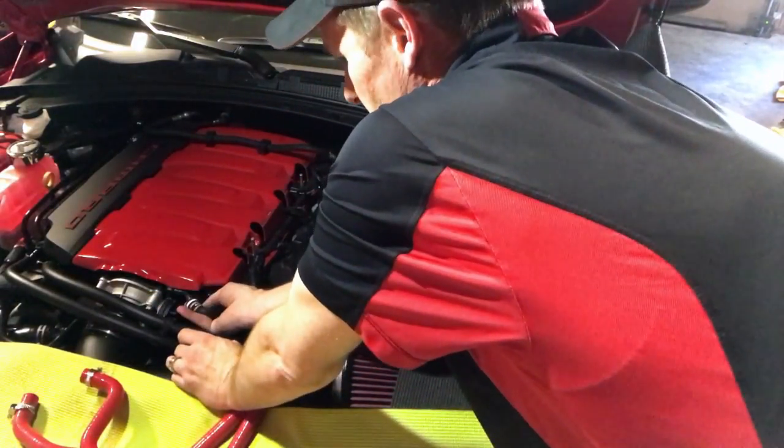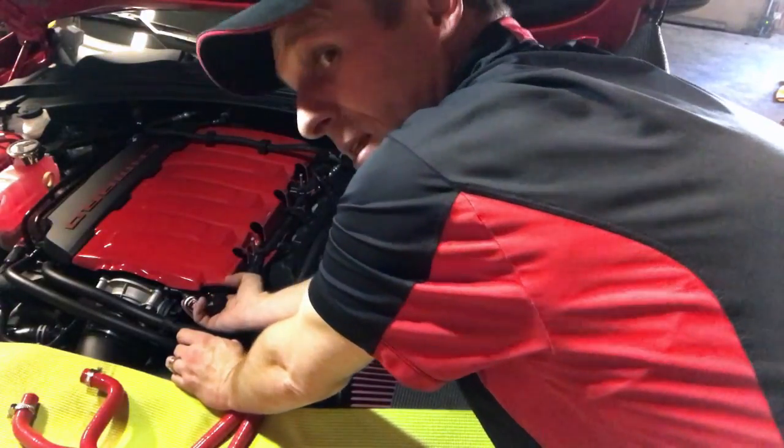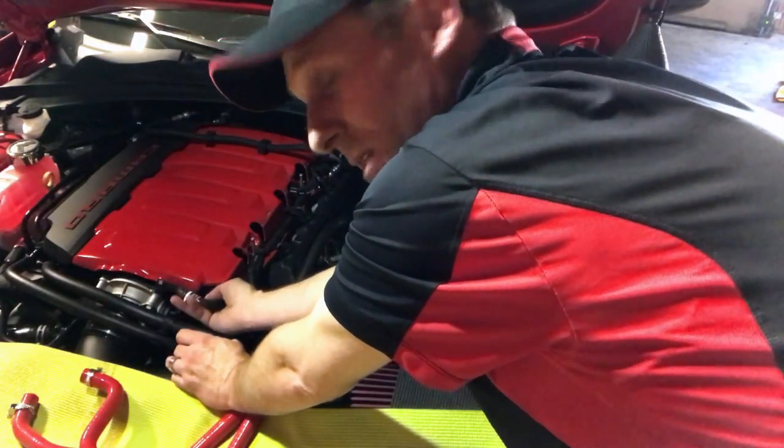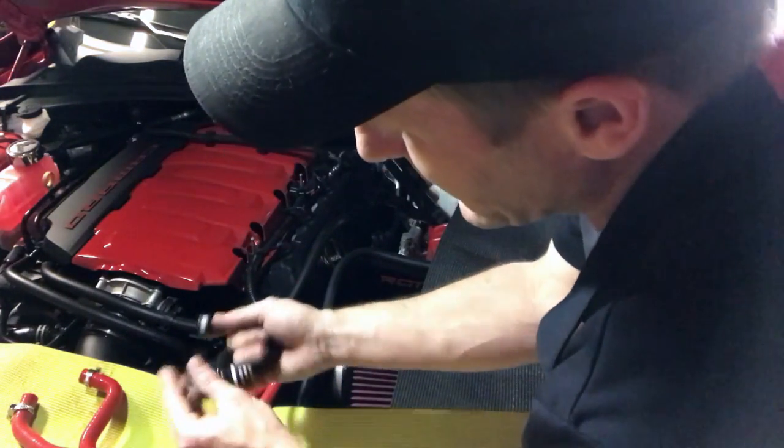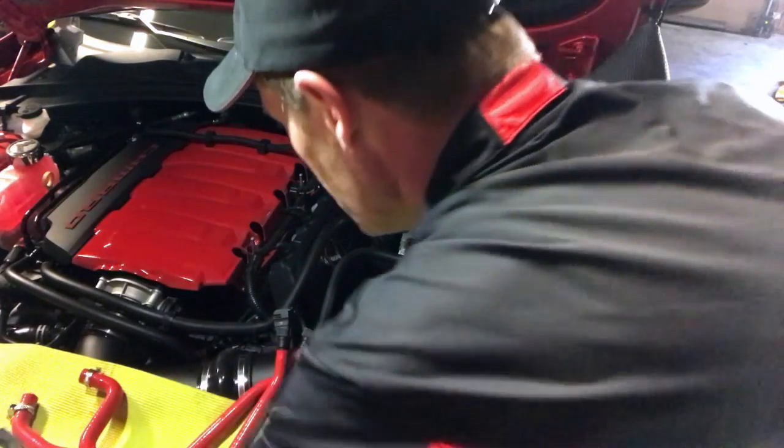It's actually toward the motor too, so to get to it I actually twisted. I don't know if y'all can see that, but I twisted it upward, and then you'll have access to the actual button that way on the bottom, and push it in and pull it out. Alright,